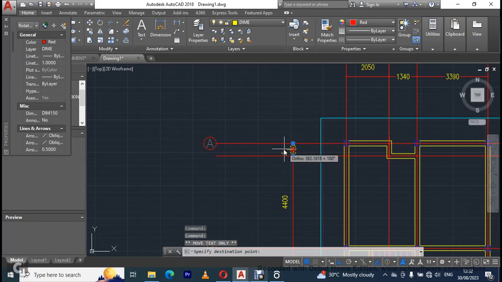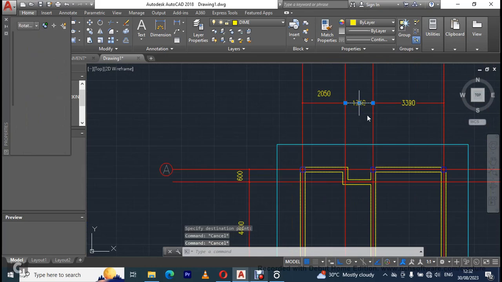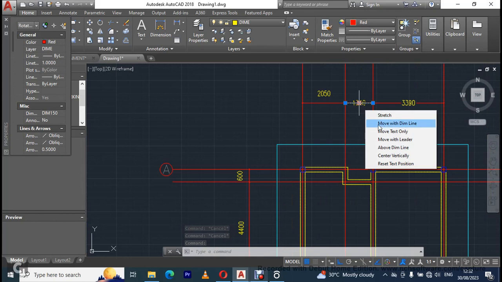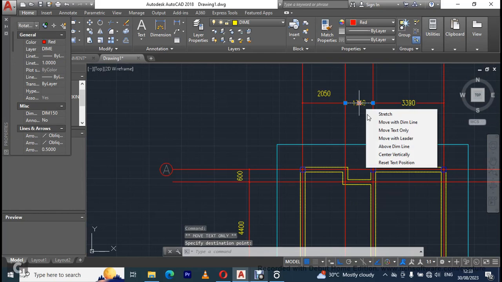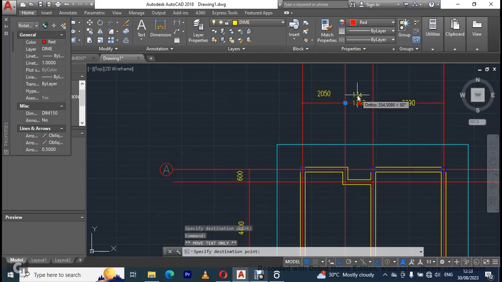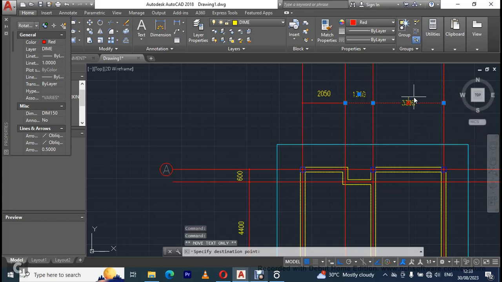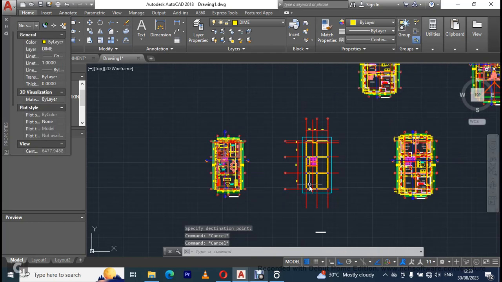Move text only, and then I can come here as well and I move the text. I don't know why that one didn't move, but it's okay. I move it now. And I come over here and I move the text. Alright,